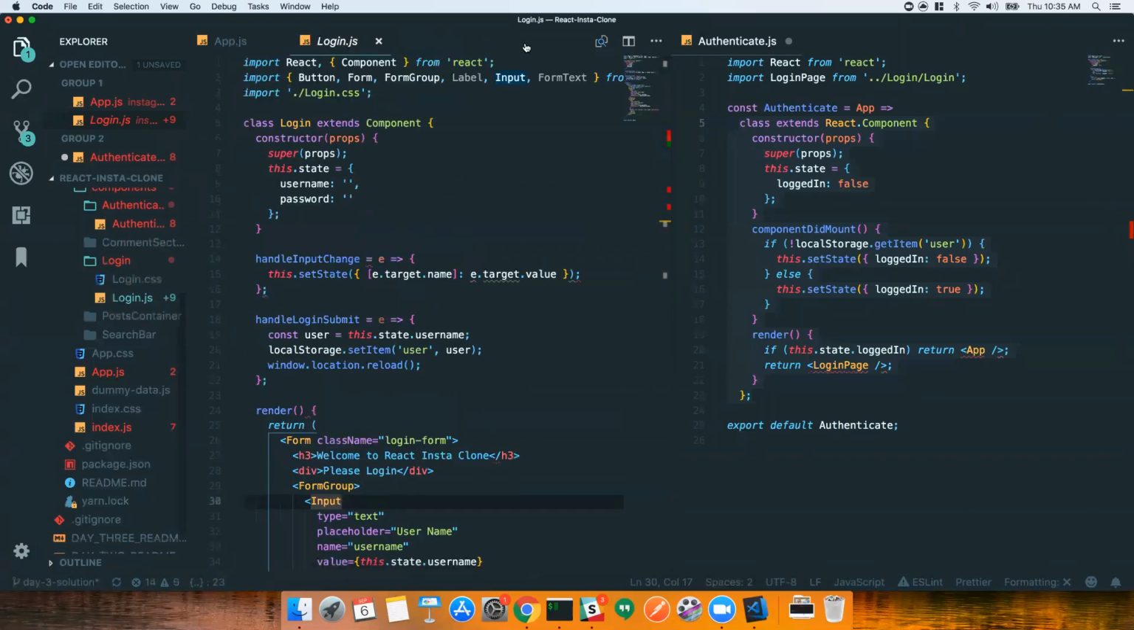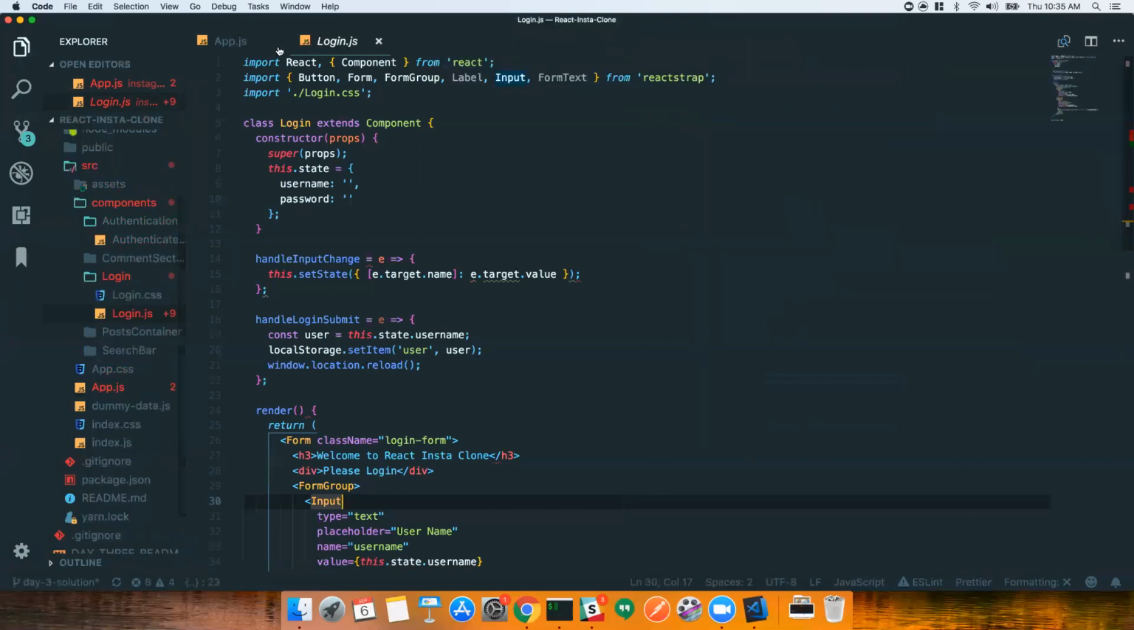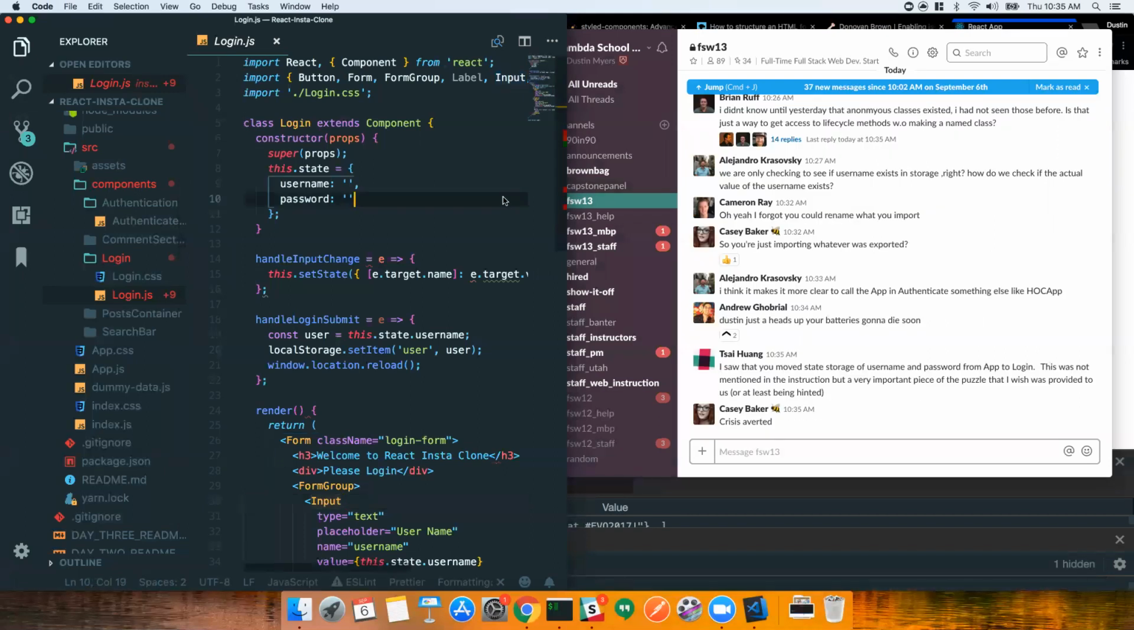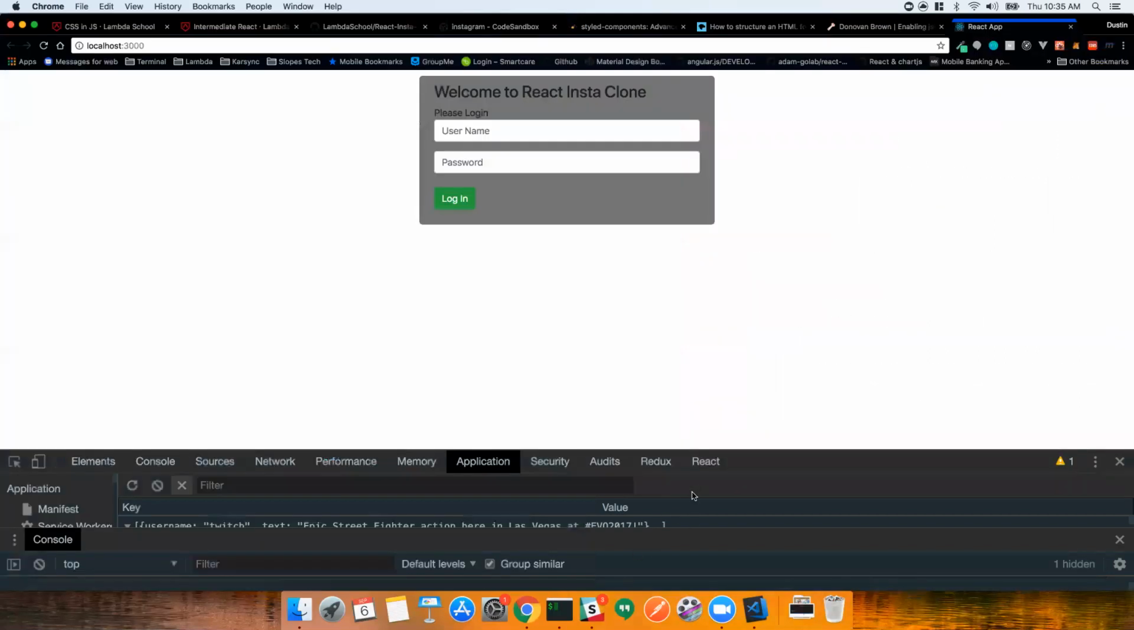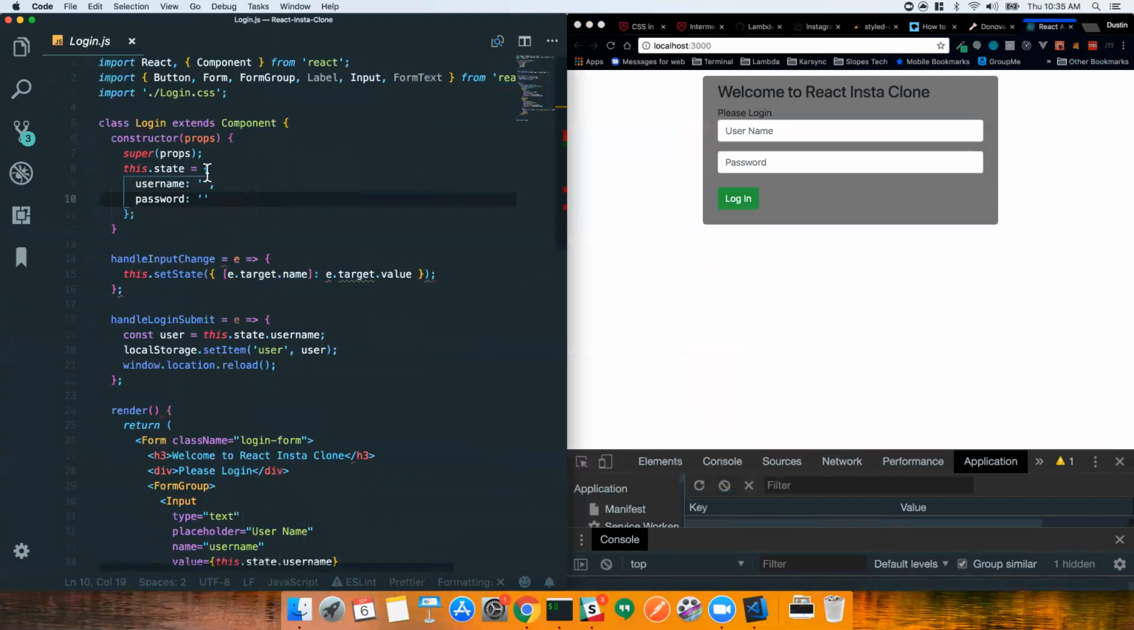Okay, so let's just look at login page. We're going to close out the rest of this. We don't want to save. And we're going to pop this one to the side there. Okay. So